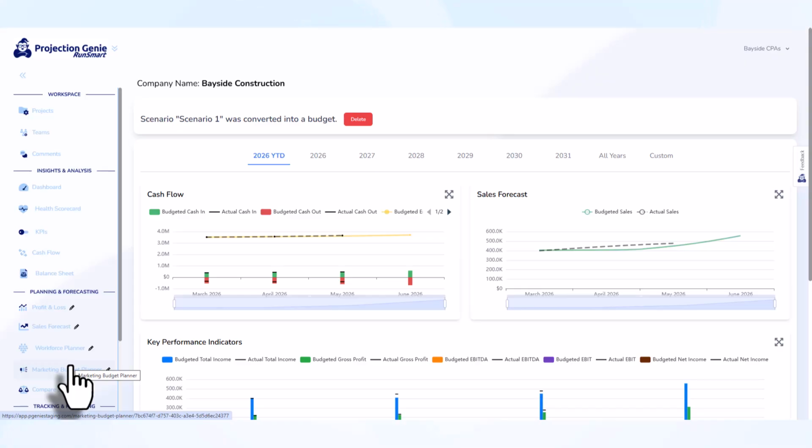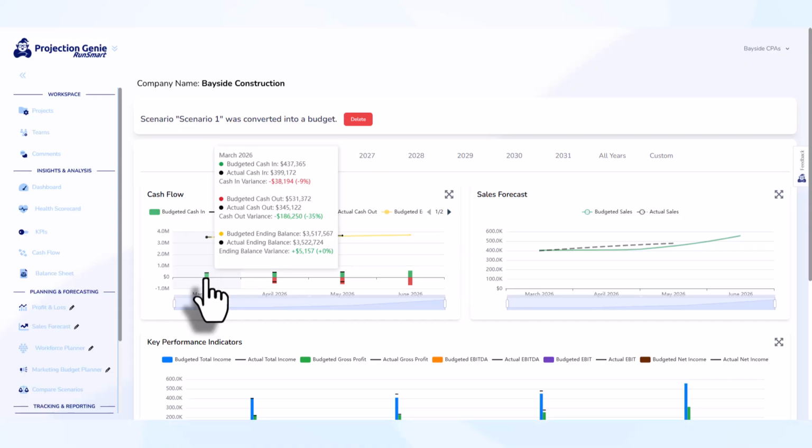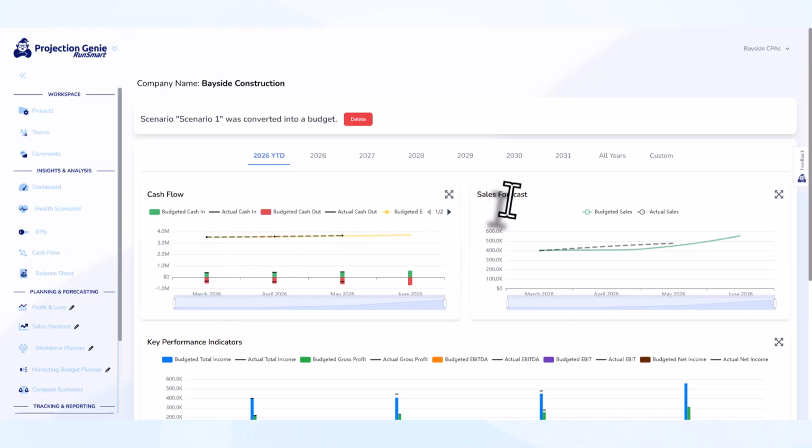And then once you convert that into a budget, you can then track how you're doing, meaning the actual versus budget, over time. So in this case, you can see that this budget was created in March of 2026, and there's been 3 full months since this budget has been created. And the black lines are where the actuals fell, and the green and red lines for this cash flow chart is what was budgeted. So it does this across cash flow, sales forecast,